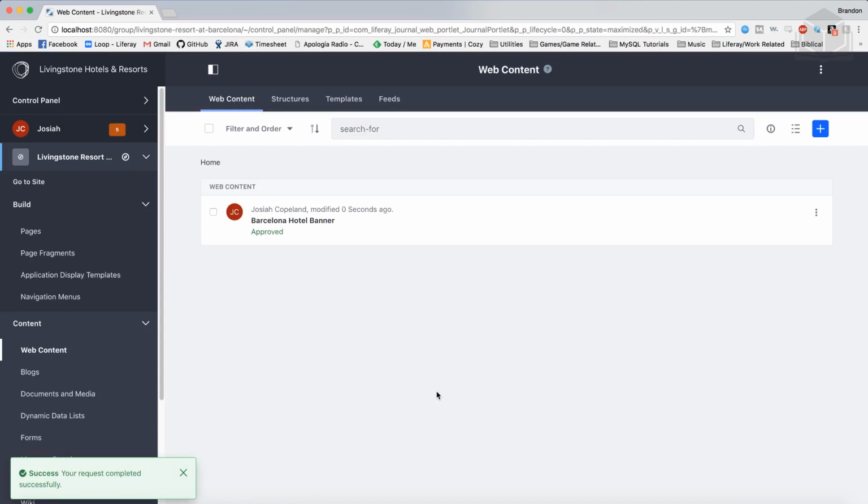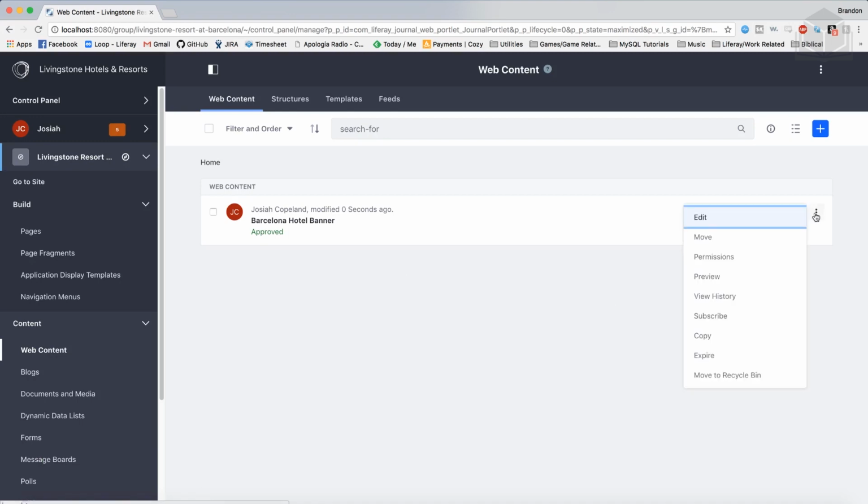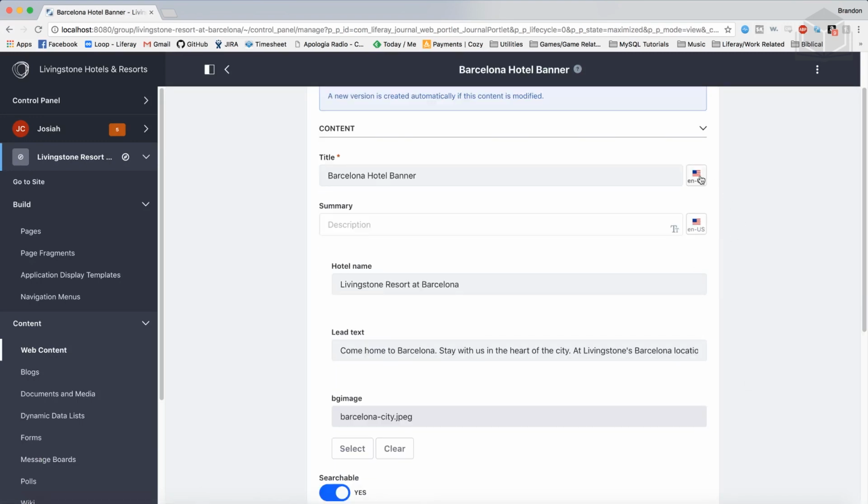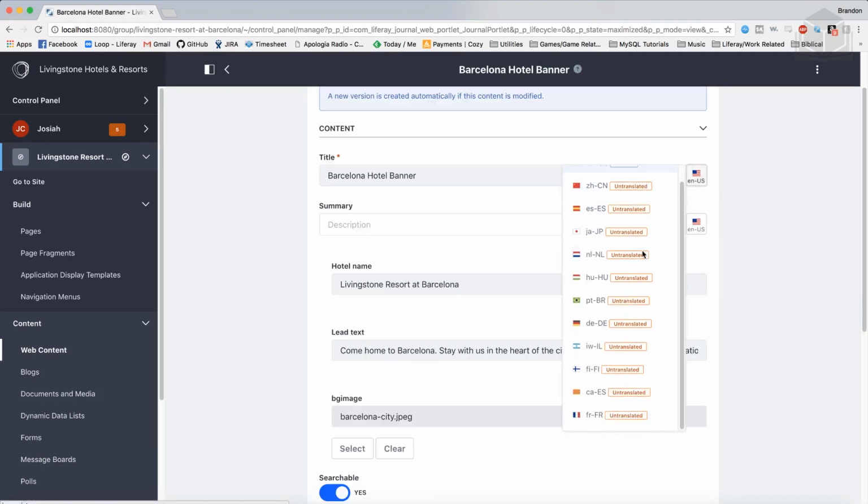Okay, all right, so let's go ahead and walk through adding a translation for our new banner. Click on the Options menu here, and we can click on Edit. What you'll see are these flags here, and they show us the different options that we have